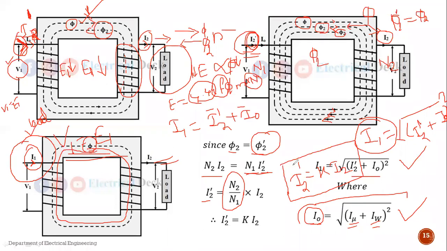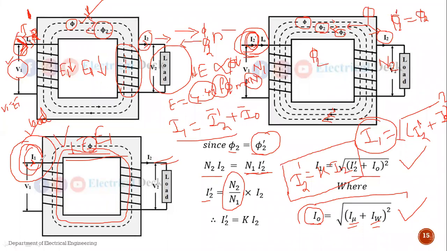But at that same situation, the current taken from the supply will change. That means the current taken from the supply is the vector sum of the no load current I0 and the current set up due to the secondary current I2, that is the current I2 dash set up in the primary; the addition of those currents. It is nothing but the primary current taken from the supply, that is I1. Okay, so the operation remains the same.